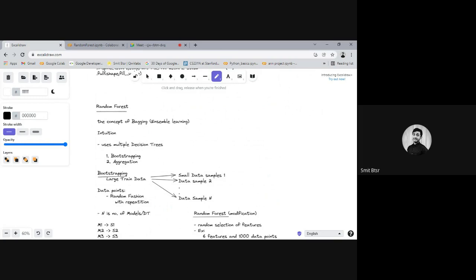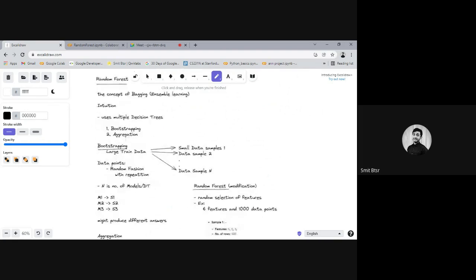I informed you to study some decision tree concepts. If you're done, that's a good thing. If you haven't, then I will briefly give some idea of what decision trees are. Basically, in decision trees, there are multiple attributes. There are mainly three components: one is the root node, which is the topmost node, and the other two are leaves and intermediate nodes.